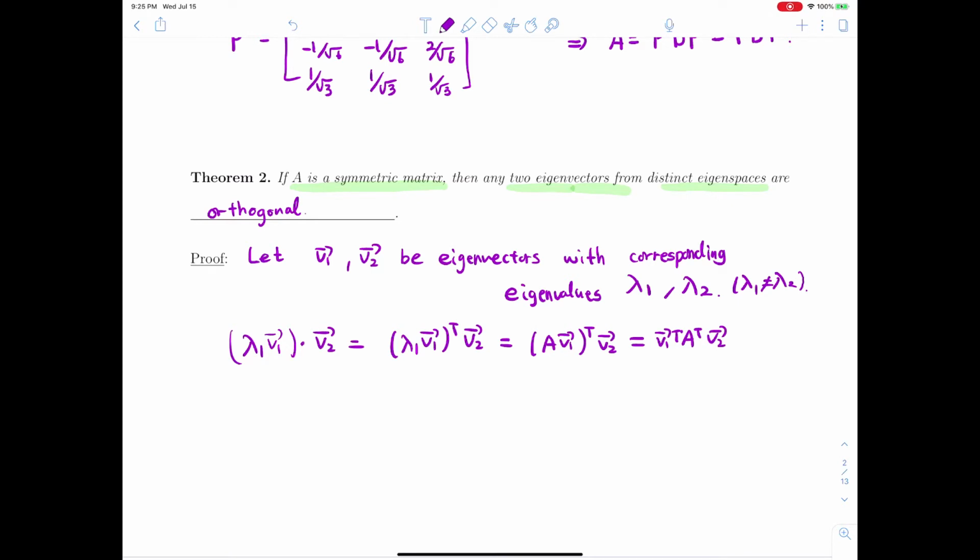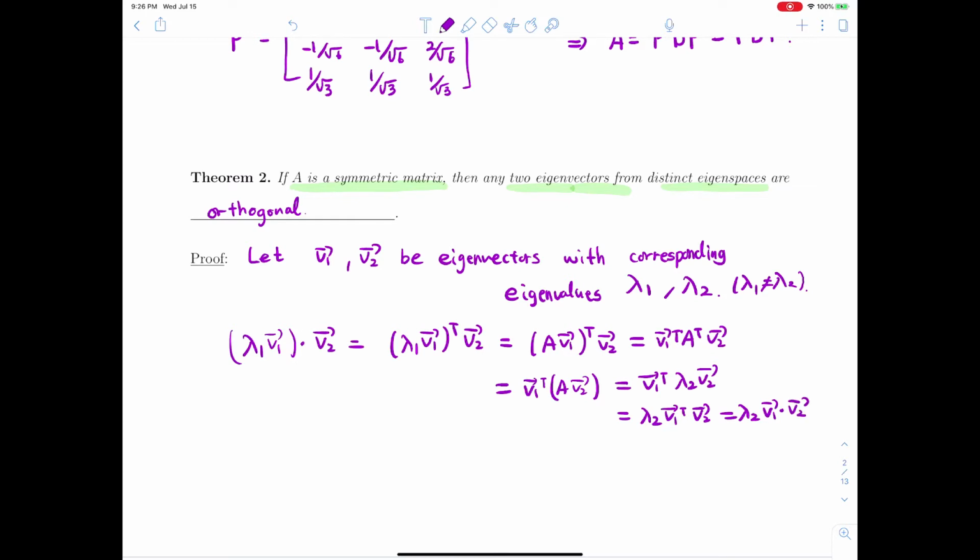But A is a symmetric matrix, so this equals V1 transpose times A V2. Looking at this part, this gives V1 transpose times lambda 2 V2, or in other words, lambda 2 V1 transpose V2, which equals lambda 2 V1 dotted